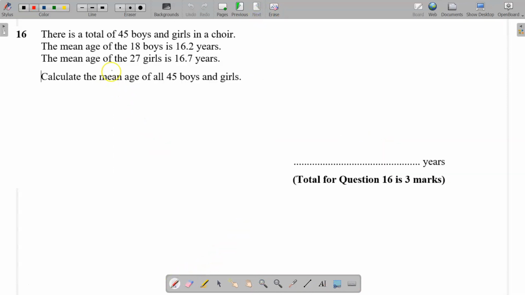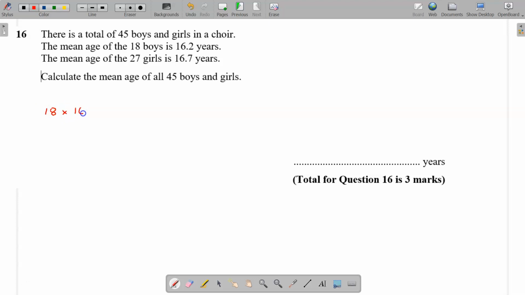Last question. A total of 45 boys and girls in a choir, 18 boys, the average age or mean age is 16.2, and the girls, there's 27 of them with a mean age of 16.7. We've got to calculate the mean of the total. This is what we do. We do 18 times